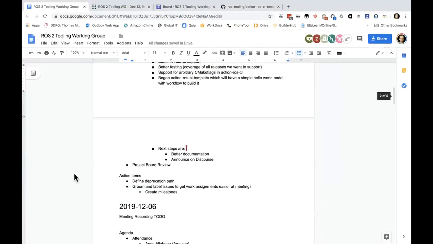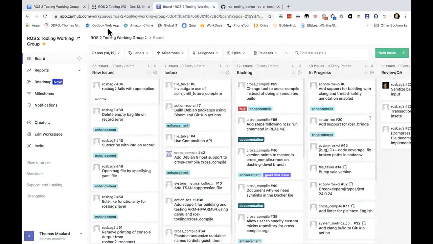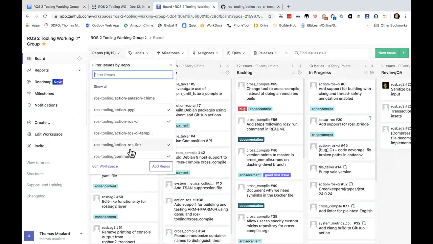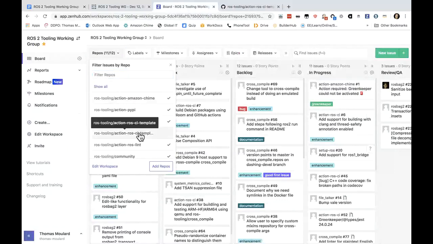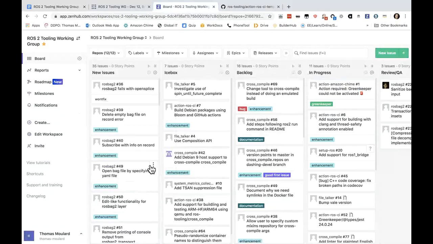All right. So we can go through the project board and review it. I don't know why I have 2 repositories which are not enabled by default. Anyway,